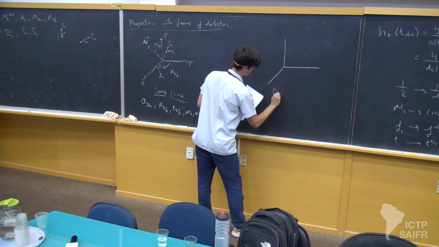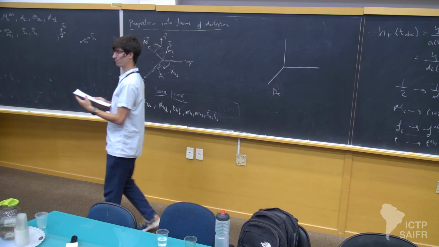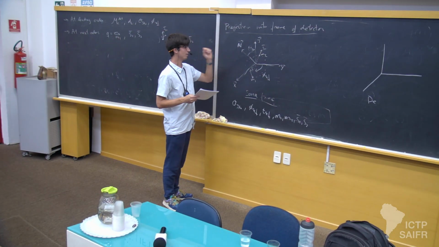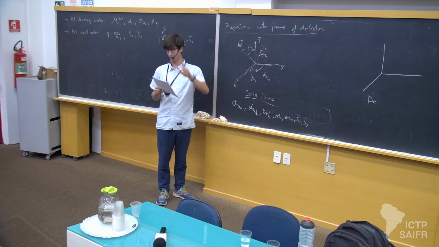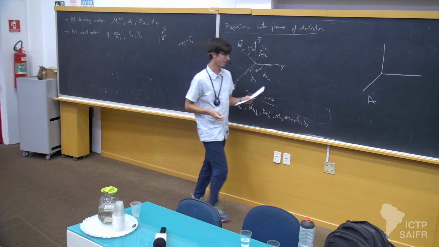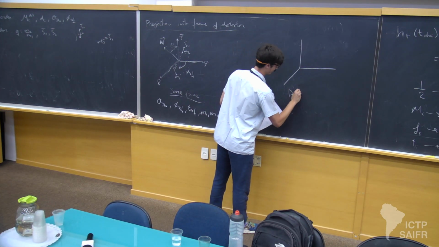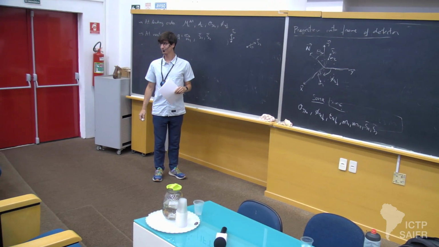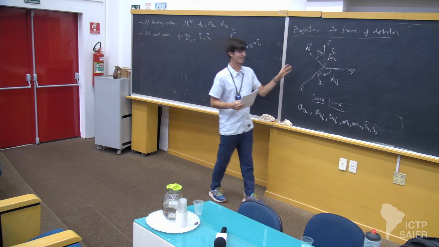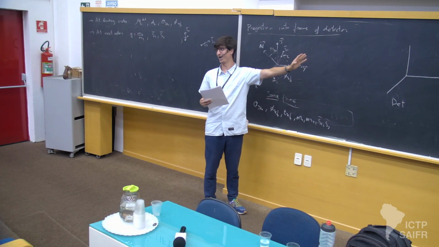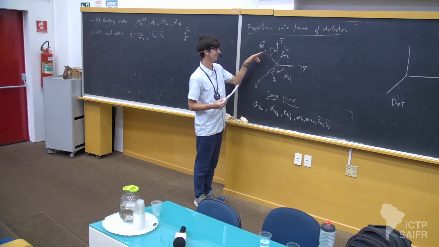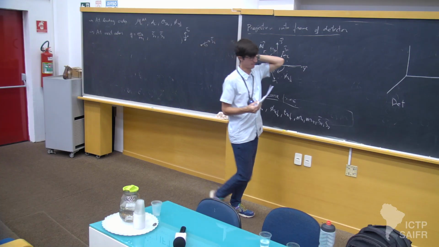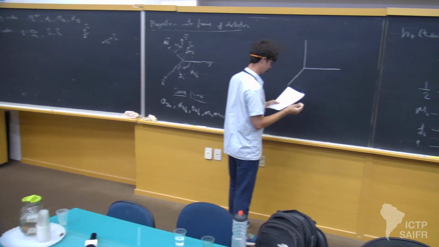Yes, you mean the sky localization? Yes. Hopefully when I put all the angles it becomes more clear, but I'm defining only now the inclination with respect to the orbital angular momentum. So